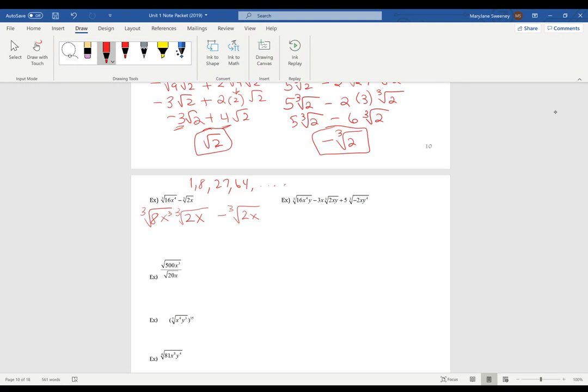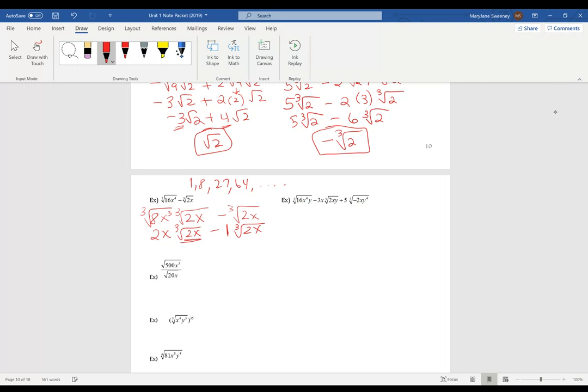So the cubic root of 8 is 2. The cubic root of x cubed, remember you divide those. So 3 divided by 3 is 1. So it's an x to the 1st. And then you've got cubic root of 2x minus, this is a 1, cubic root of 2x. So if you need to write that in there to kind of help you as you're doing your work,